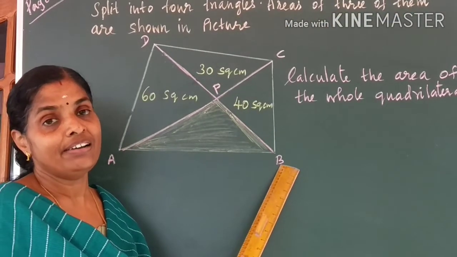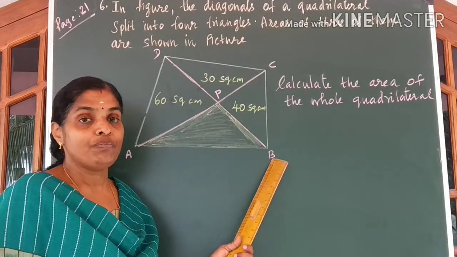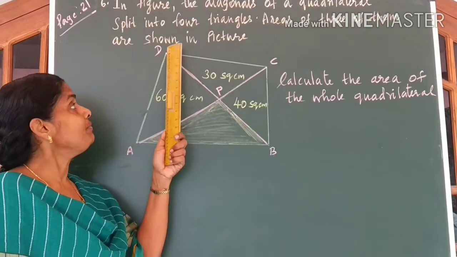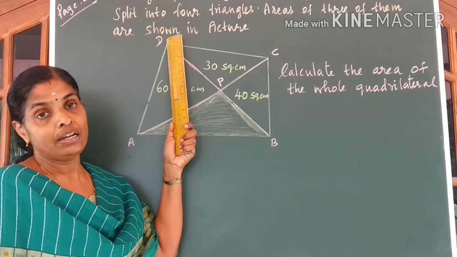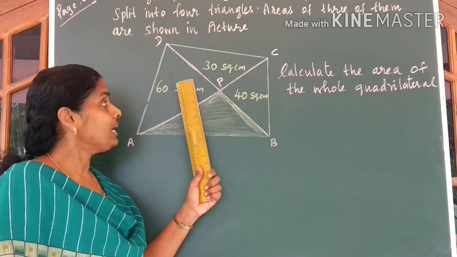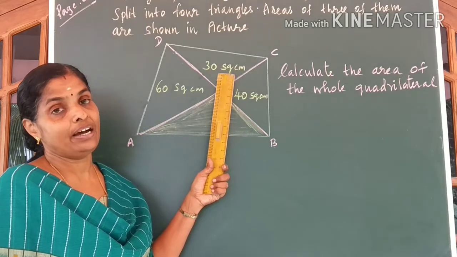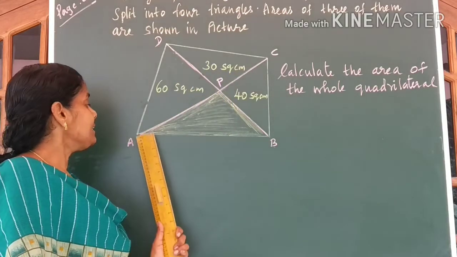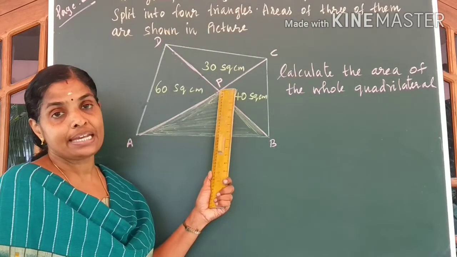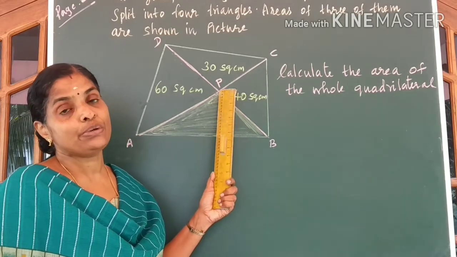Here, to write the answer for this question, we use the idea we have studied before. The idea is that a line drawn from the vertex of a triangle divides the length of the opposite side and the areas in the same ratio. If you use this idea, we can understand that in triangle ACD, DP is a line drawn from the vertex D. So what can you say, children?